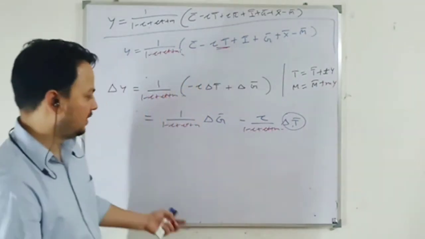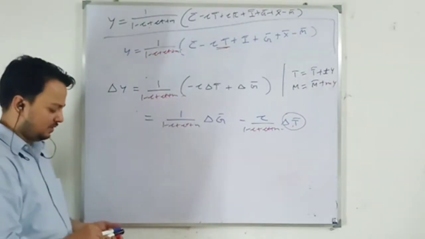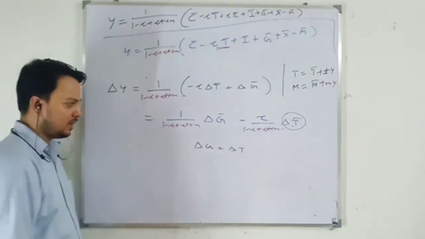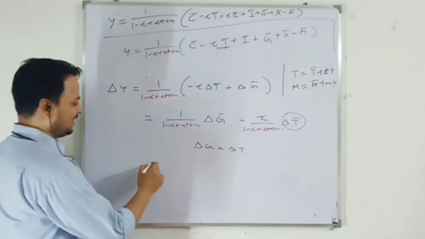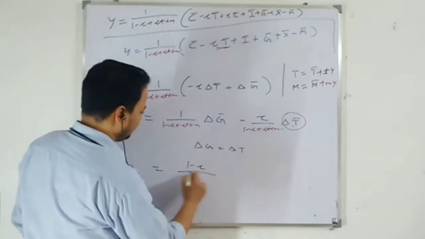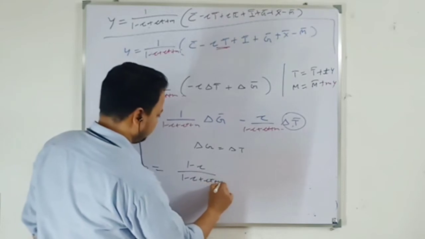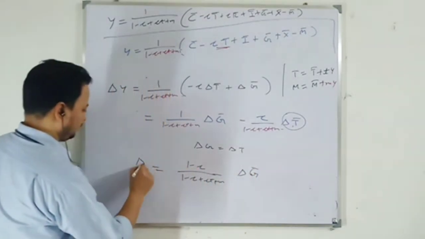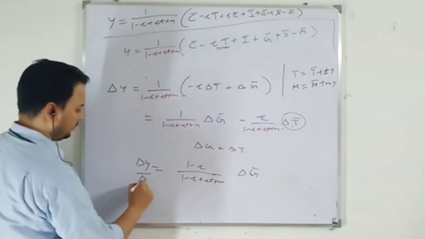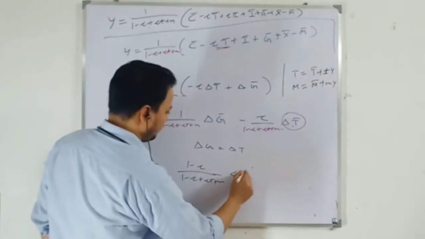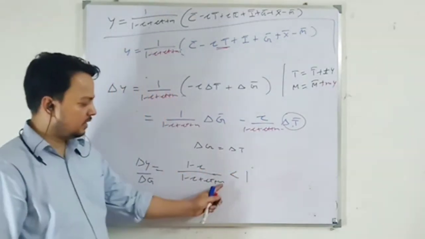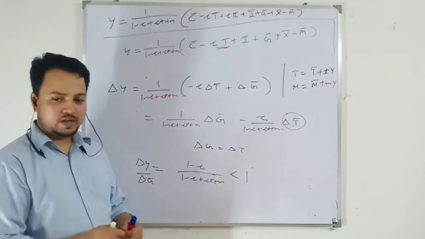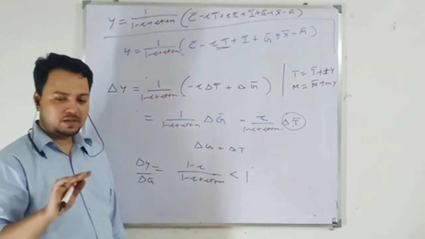Again, same thing. Balanced budget means change in government expenditure must be equal to change in taxes. I'm not deriving it again, people can do it. So I can take the common. It will get 1 minus C over 1 minus C plus CT plus M, change in G. So again, there is more leakage in the form of import, so the multiplier value will reduce further. So when we have import also, the value of the multiplier reduces further.